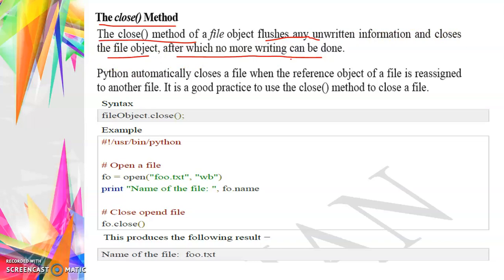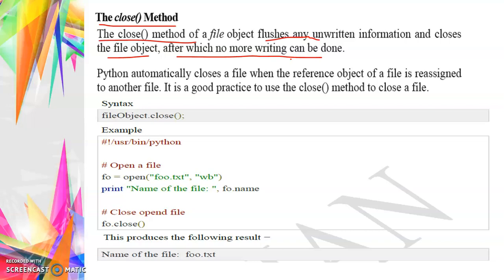After completing your operations, you have to close the file, right? Flushes means clear. It clears any unwritten information and closes the file object.